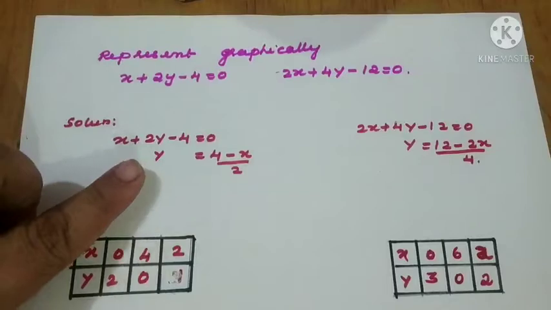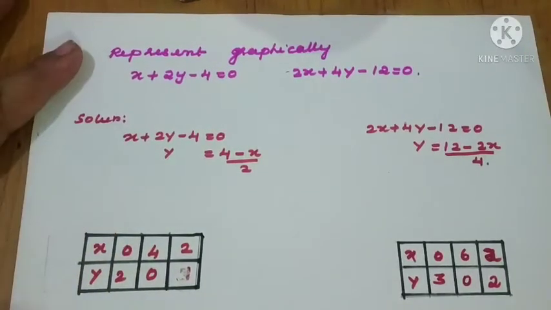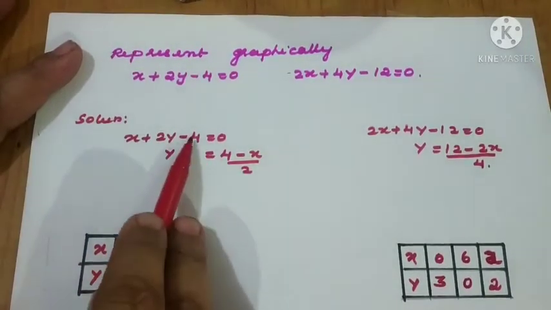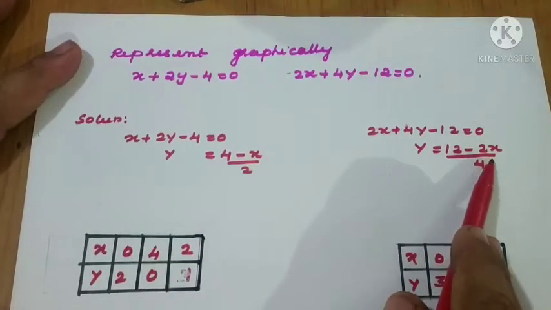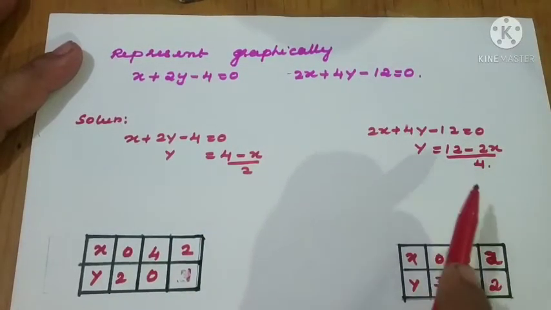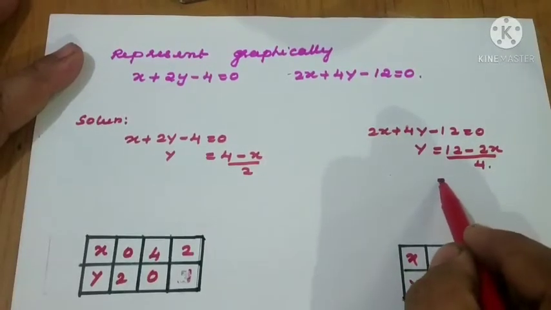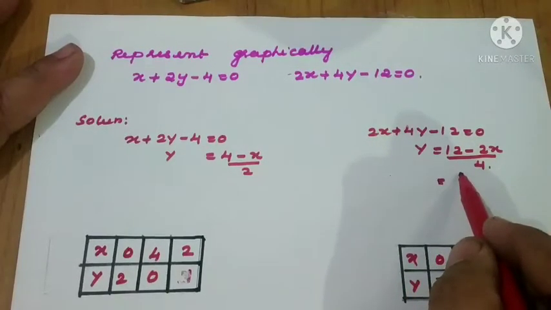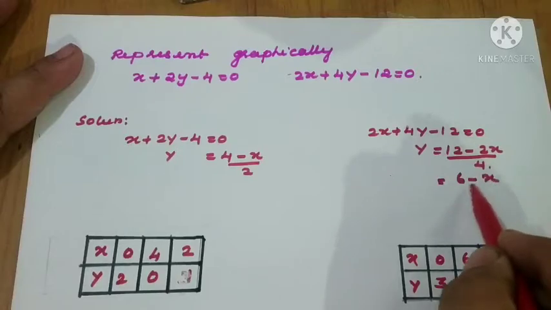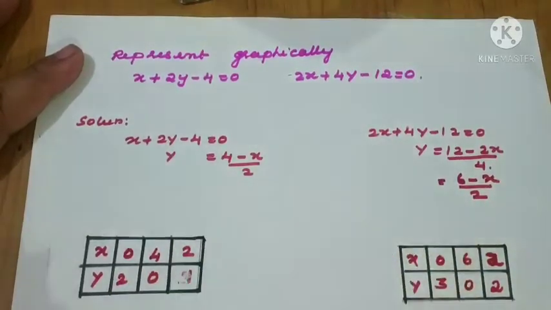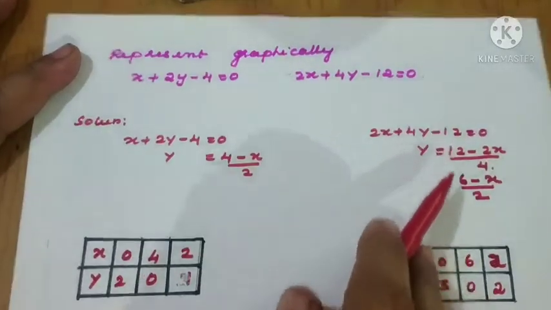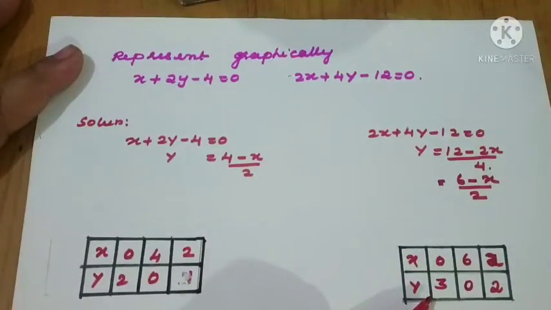12 equal to 0. So, first we have to write the equation for y. So, y equal to (4 minus x) divided by 2 only. Similarly here, (12 minus 2x) by 4 only. If we take a 2 common, what will happen? Here (6 minus x) by 2. Here (4 minus x) by 2, but here (6 minus x) by 2 only. If it is not taken common also, we will get the same only, right?